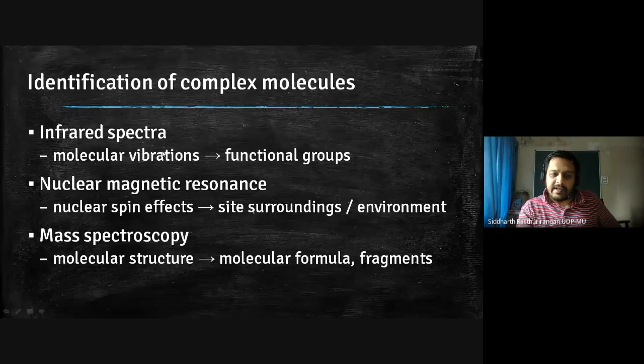But it will not tell you some other information. For example, it will not tell you the size of the molecule. It will not tell you what all the molecule consists of. It will give you parts. So if you want to make a map of a molecule, for example, then the infrared spectrum basically gives you